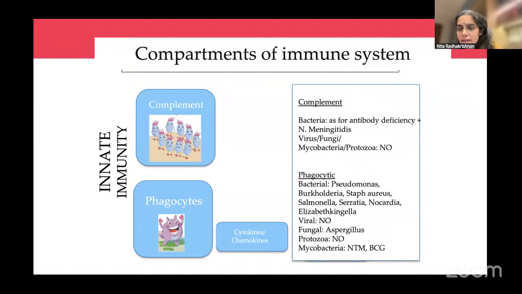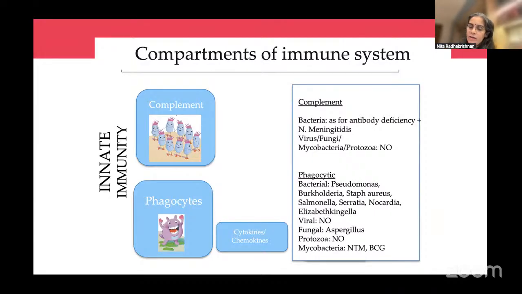In patients who come with innate immune disorders, here the complement set of disorders. Complement we all know essentially, because we have all been taught that terminal complement pathway defects will cause meningitis. So that is something which we all remember. Again, splenic function, etc., we've all been taught. All of that we generally are exposed to during our MD days. So patients who have bacterial infections as in antibody deficiency, but there will be meningitis, Neisseria meningitis also. And generally no viral, fungal, or protozoal infections, etc. with complement disorders. And phagocytic disorders, like I mentioned earlier, it's usually bacteria and encapsulated organisms. So they are also common in this group of patients.